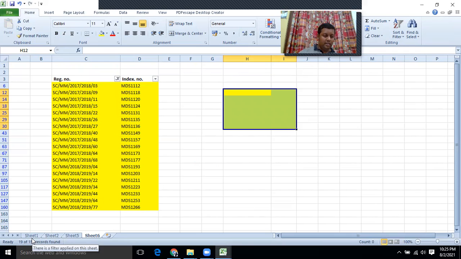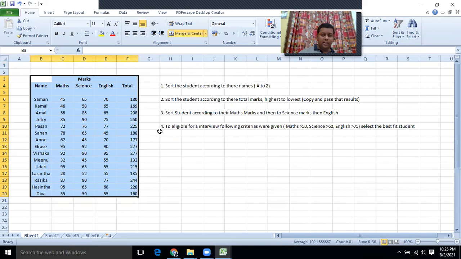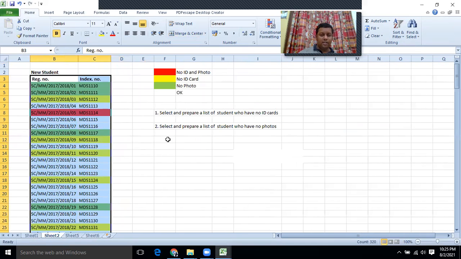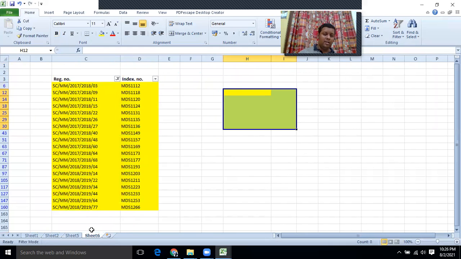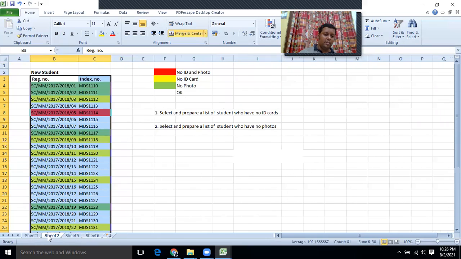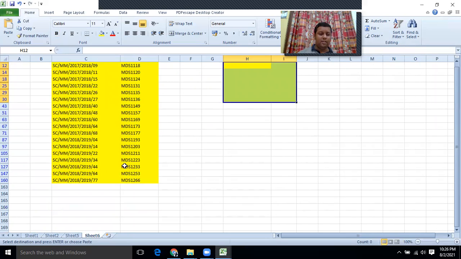Then again, it is asking to select and prepare a list of students who don't have photos. So now we have to select the students who don't have photos. That means green color. Then again, I can copy this one and I can paste it here